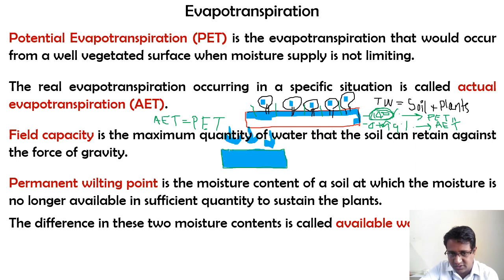Now if the rainfall is still occurring, the infiltration will start. The soil has already withheld whatever quantity of water it can hold, so the excess water will infiltrate. The next part is going to be your runoff, which we are going to consider in the next section. So don't consider runoff over here. This is just to explain the field capacity parameter.